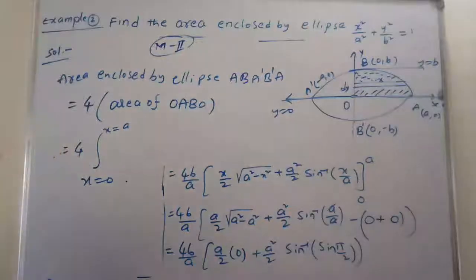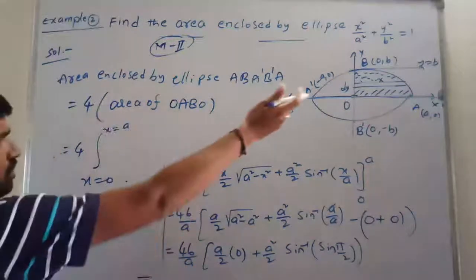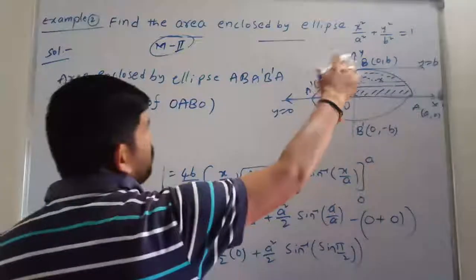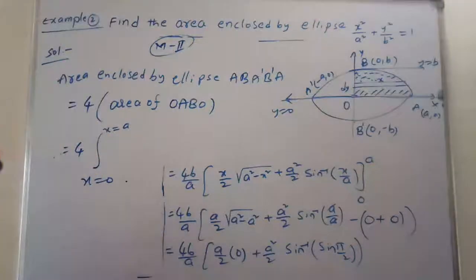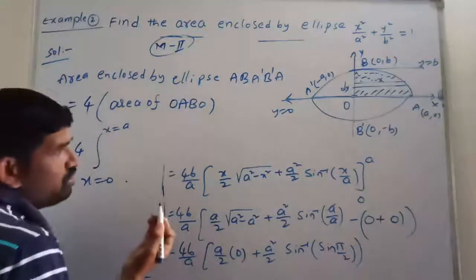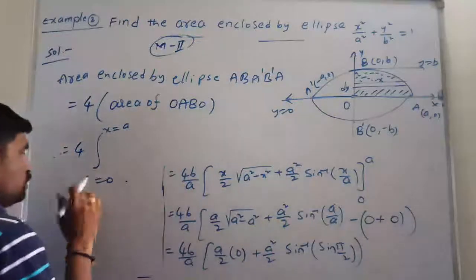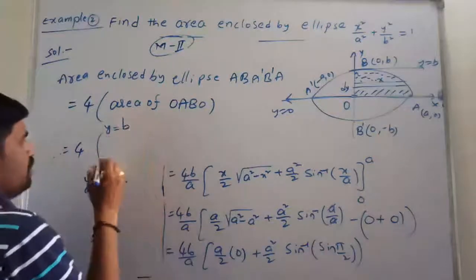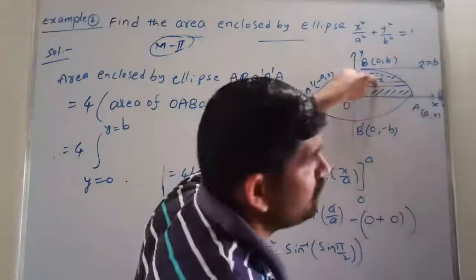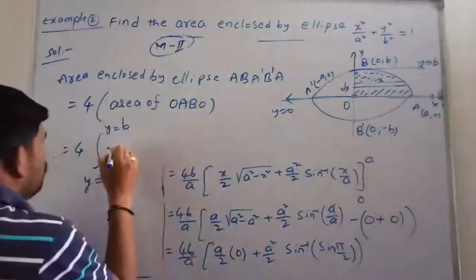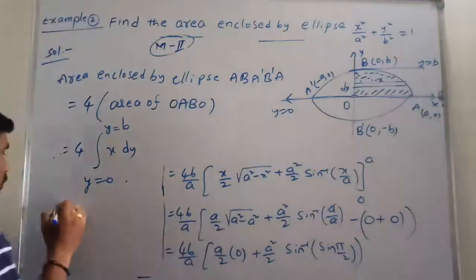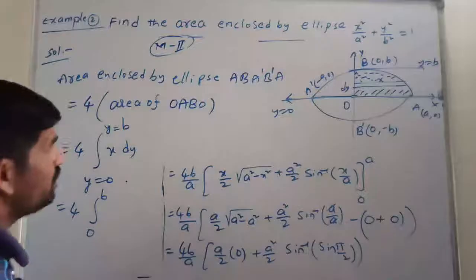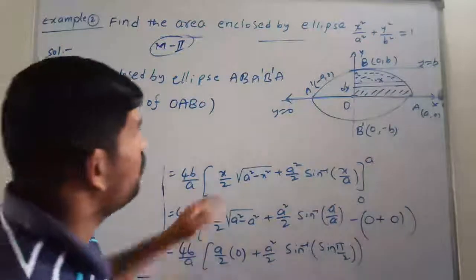Okay, so now friends see, the area process is the same again. Yes, OABO. We are finding the area of this one and multiplying with 4, and we will get the total area. So now 4 into integration, the lower limit is y is equal to 0, not x is equal to 0, and the upper limit is y is equal to b. So what have we tried? Multiply the length of the strip into the width, that is x into dy. Next I am writing here 4 into integration 0 to b. What is the x actually? Again you people have to take this part.